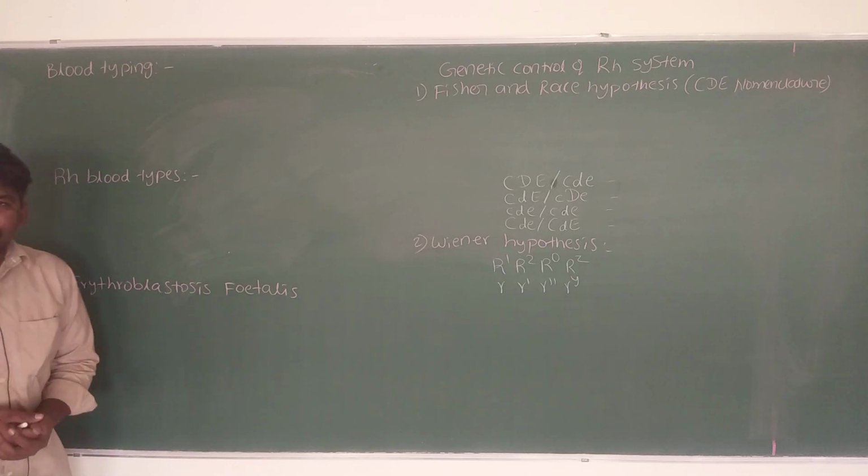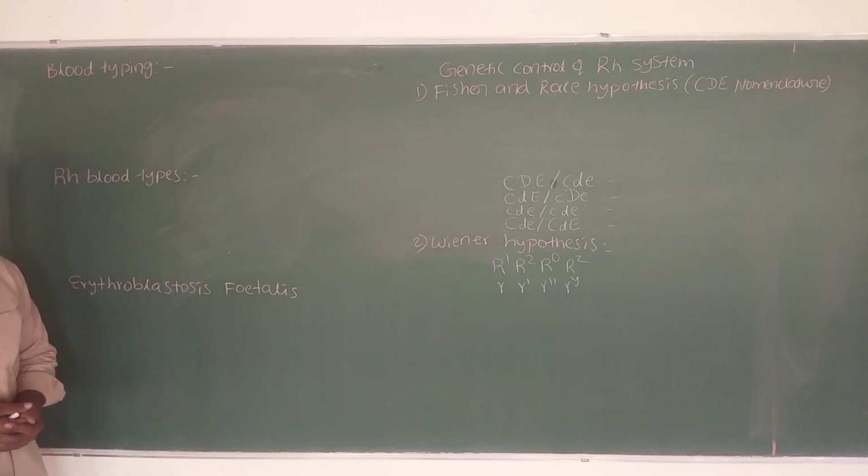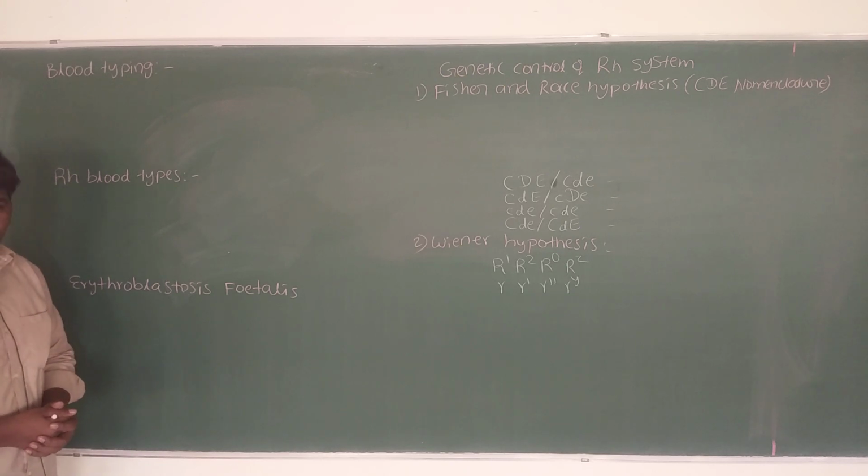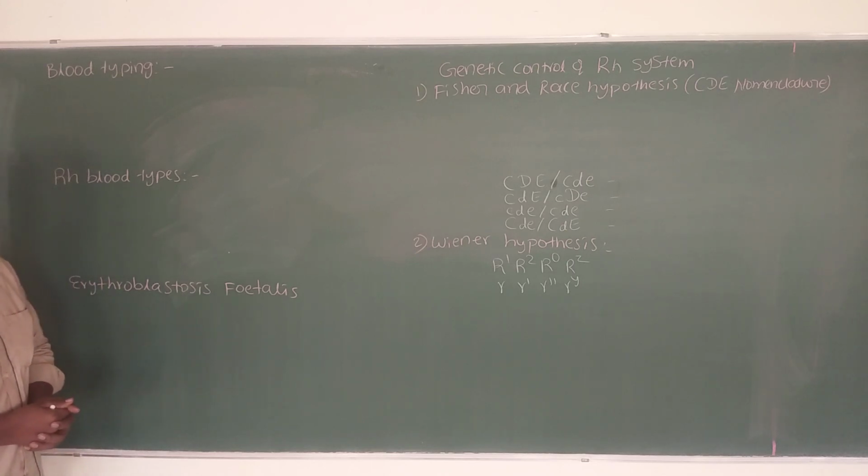In the previous class we discussed the different types of blood groups. Human beings mainly contain 4 different types of blood groups: A, AB, B and O. Then how can we identify the type of blood group in human beings? For identification of blood groups we have to do a simple test.